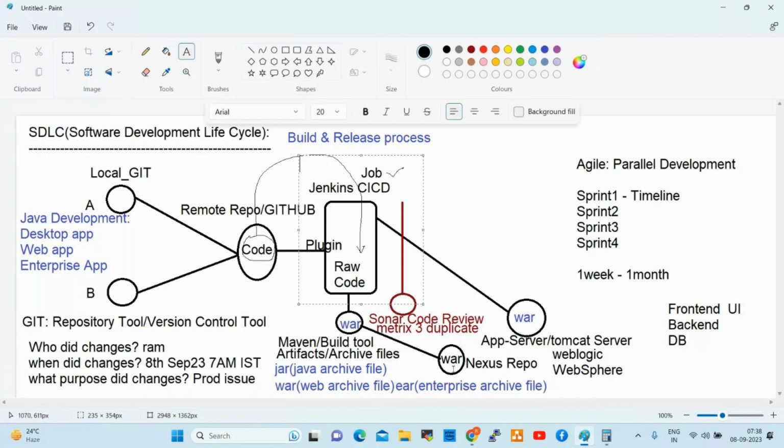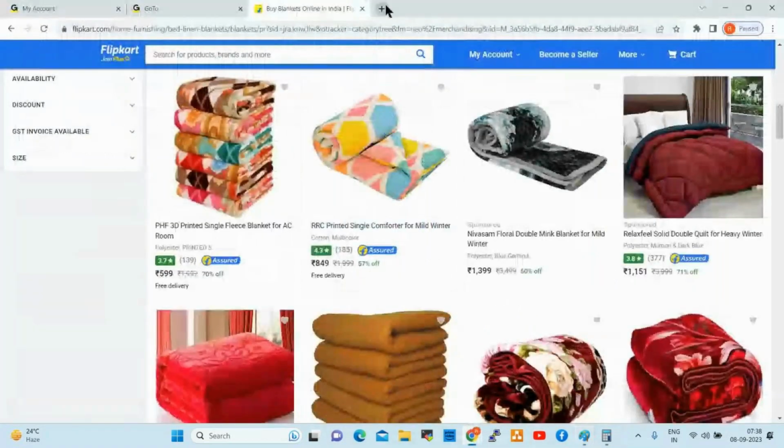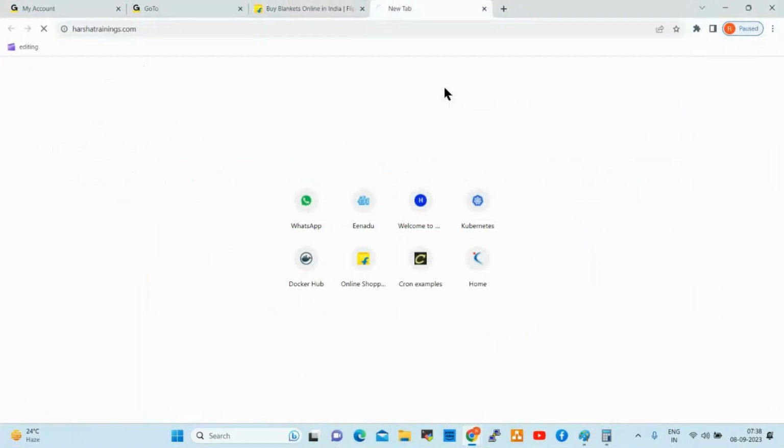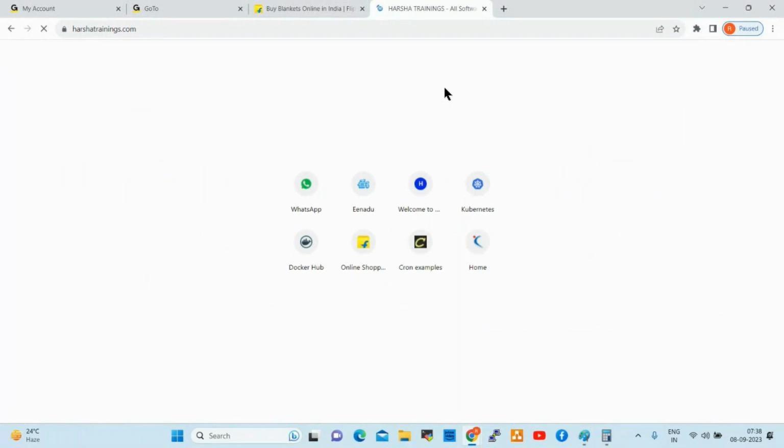So what is a non-live application? Flipkart is a live application, right? What is a non-live application? There are so many non-live applications. For example, harshatrainings.com is a non-live application. We don't do any live activities here.